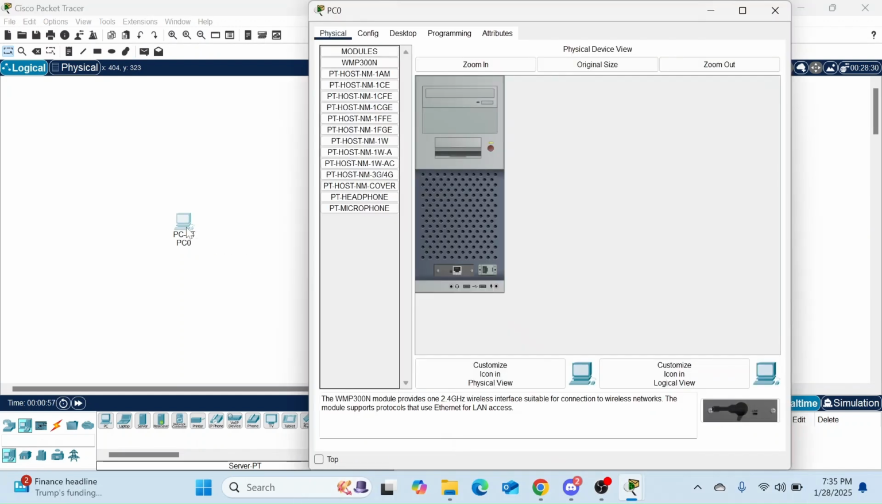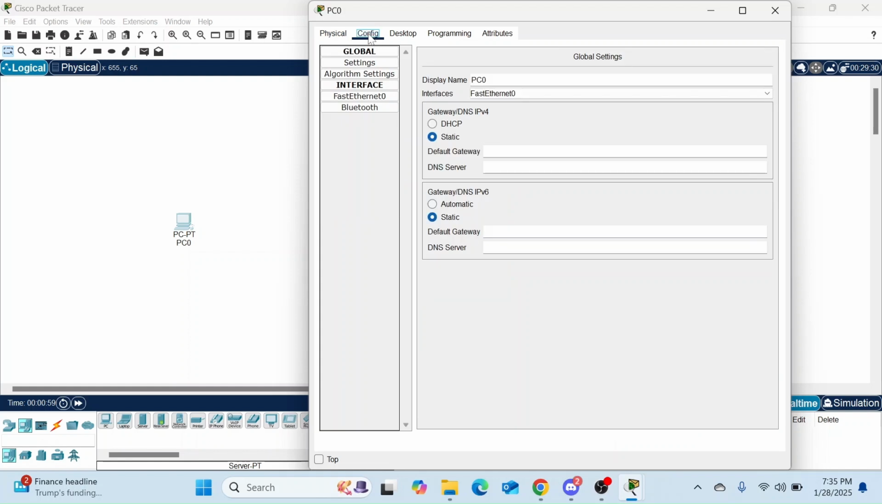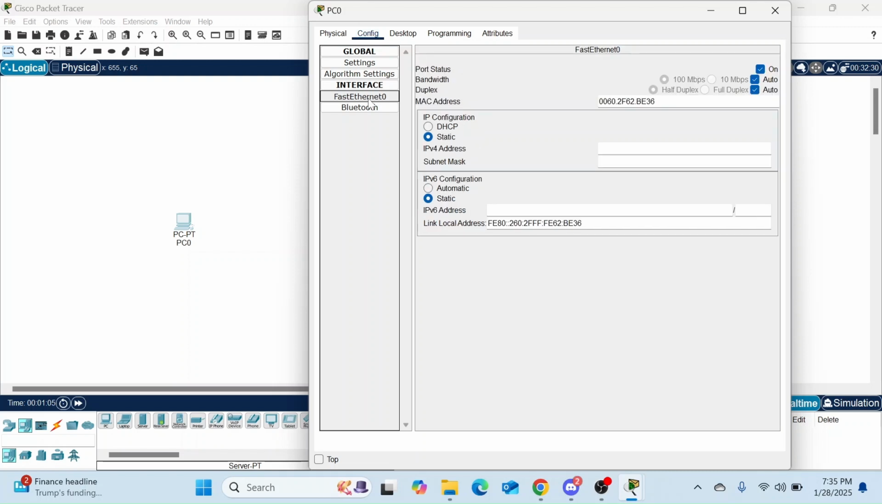If I double click on it, and go to Configuration, and then go to the FastEthernet0 interface, you will see that it has a MAC address, this one. You can change this MAC address. It is a hexadecimal address, but you can change it. But let's go with the default setting, right? And I'm going to assign an IP address, let's say